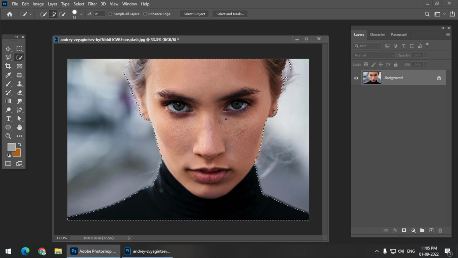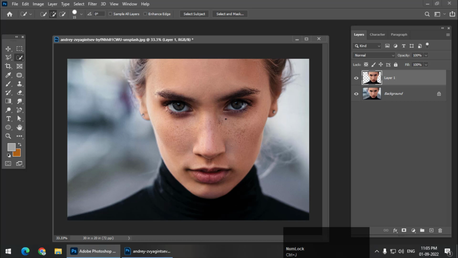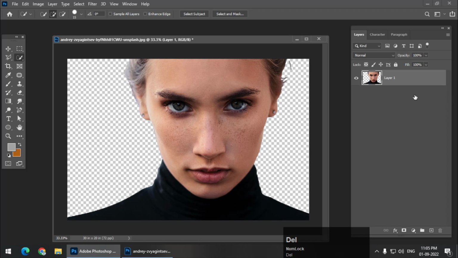Now in this particular example I haven't made a precise selection, but you can select it precisely. But since this is not a selection tutorial, I'm not going to spend so much time on it. So I have made a rough selection. Now I'm going to press Ctrl J, and if you're using Mac you can press Command J to duplicate the selection, and I'm going to delete the background layer, and I'm going to duplicate one more layer, Ctrl J again,